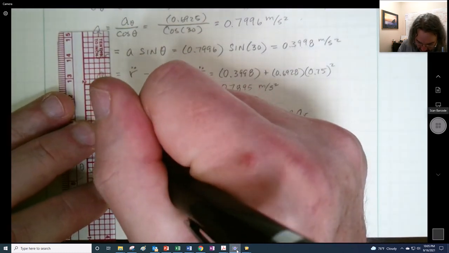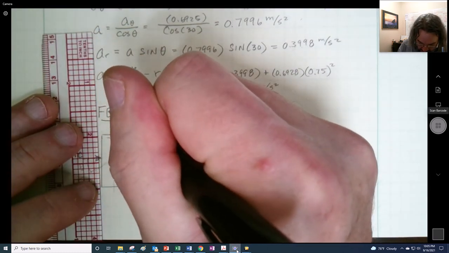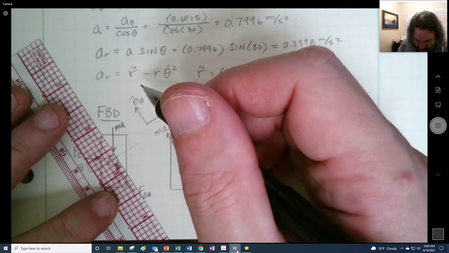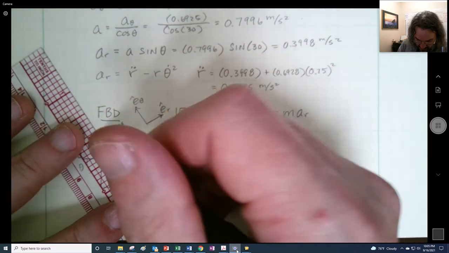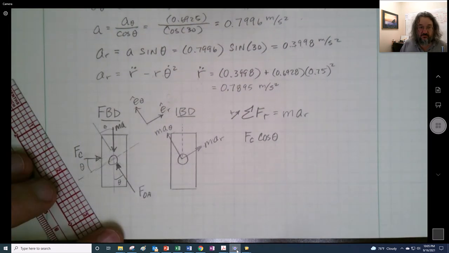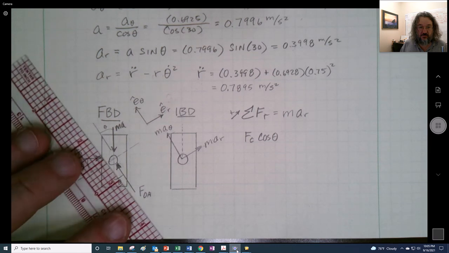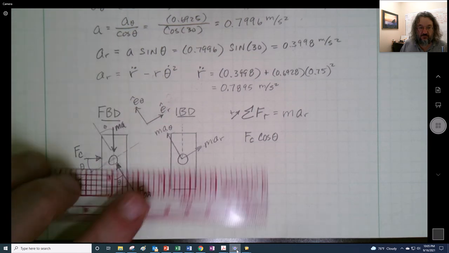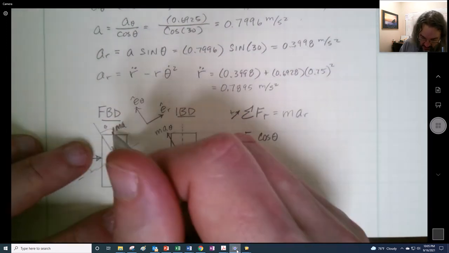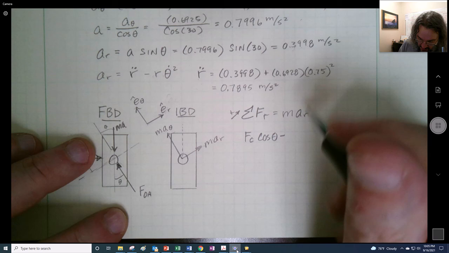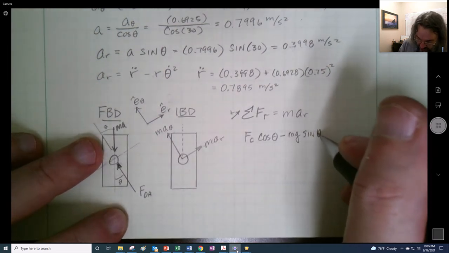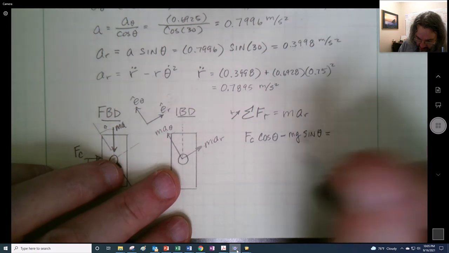So this thing is going to have a mass times gravity. And you got to be careful with the angles here. Is this also going to be theta? Yeah, because if you close that up, do the same thing, close this up. Yeah, okay, so that's theta. And that's going to be in the negative. So we have mg, that's going to be the sine of theta, and it's going to equal